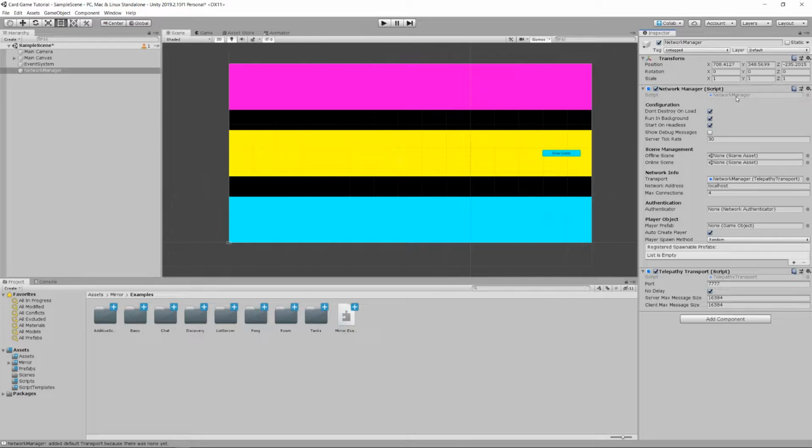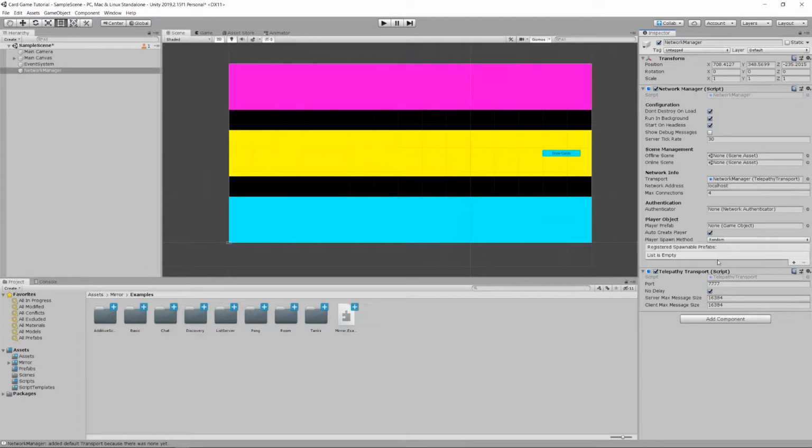I think there are ways for you to create your own custom network manager and do a bunch of stuff by digging into the specific code for the network manager. We're not going to do any of that in our game development. We're just going to use what comes out of the box for most of this stuff. But there's a whole world that awaits if you're interested in it. The two things that are important here that we want to look at are the player prefab area and the